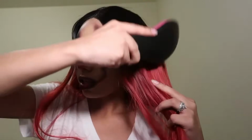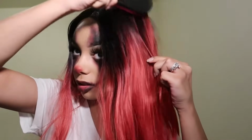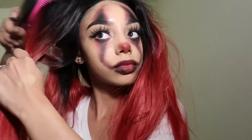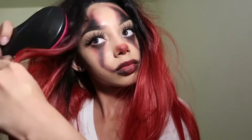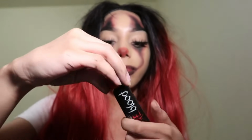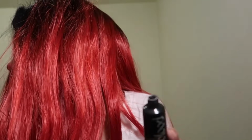But I'm just going to tease the wig a little bit to get it like kind of scary looking. I have some vampire blood. Let me see. And I'm just gonna